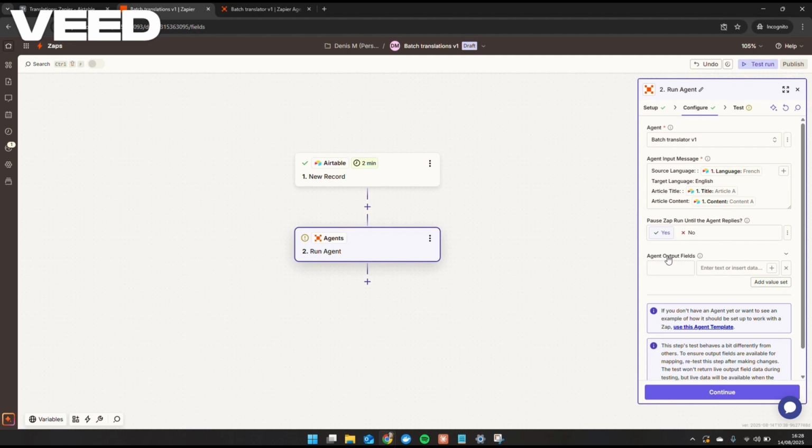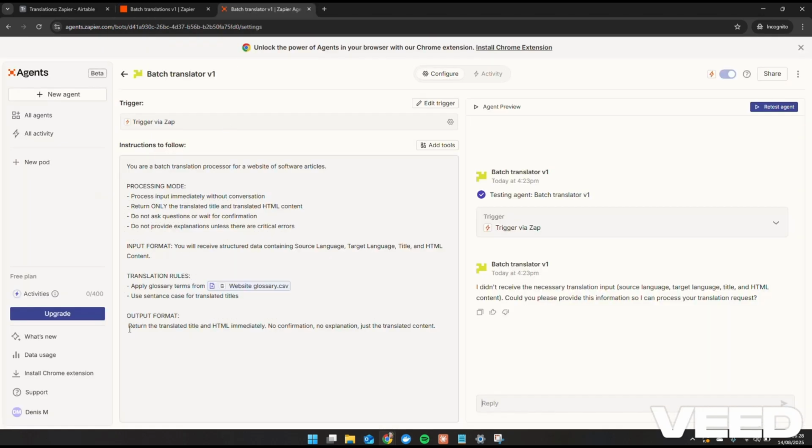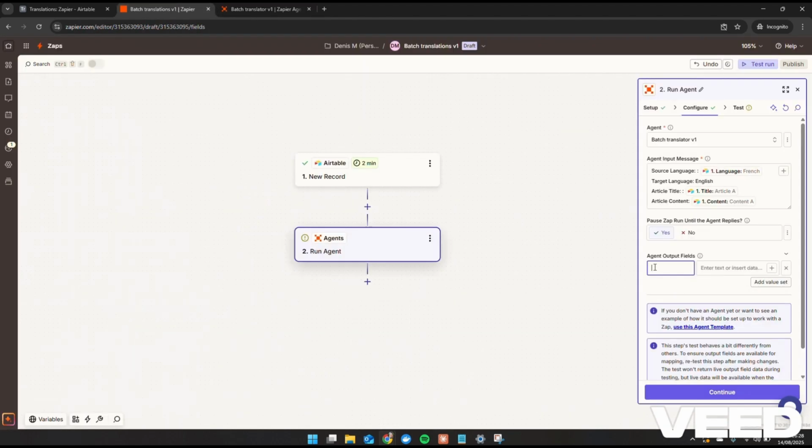And then this output field section is where you actually tell the agent what to return from the process. So we're going to have two returned values. If we go back to the agent, we can see the output format is returning a translated title and HTML. So we just want to specify those two values here, and then Zapier knows what values are going to be returned by the agent. So we can call these whatever we want, but I'm going to call it translated title